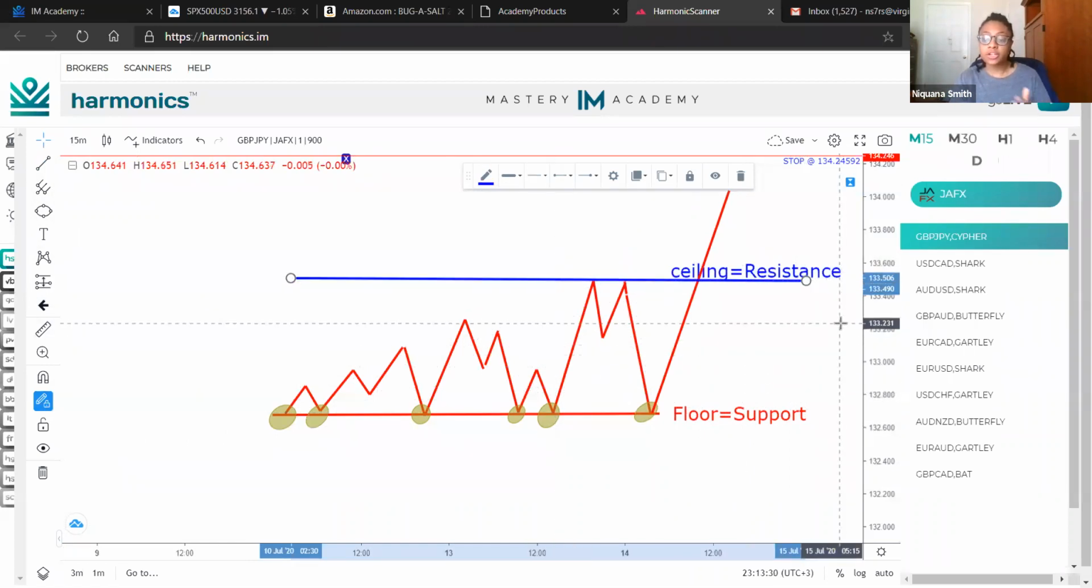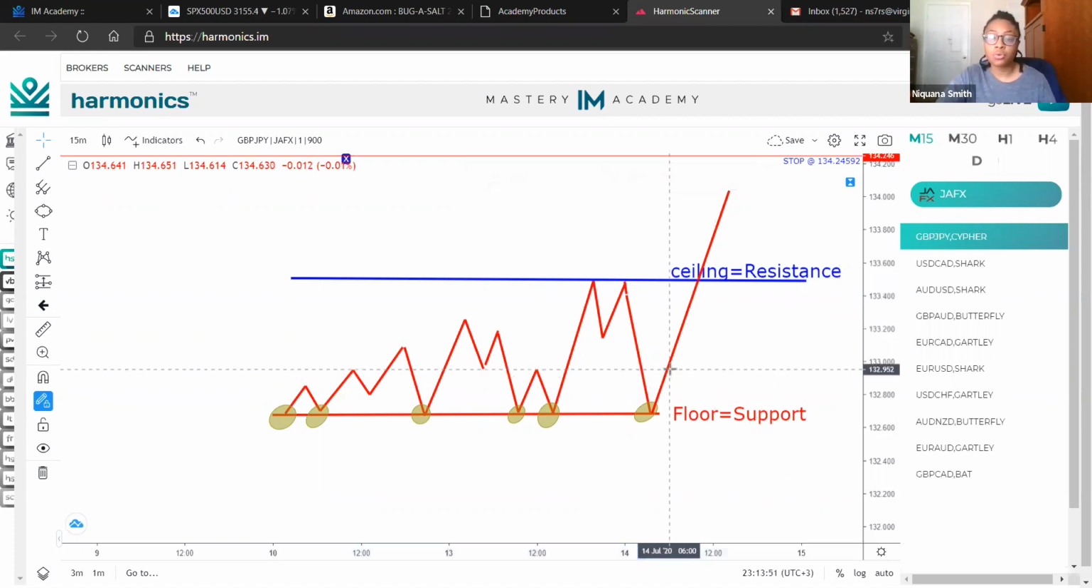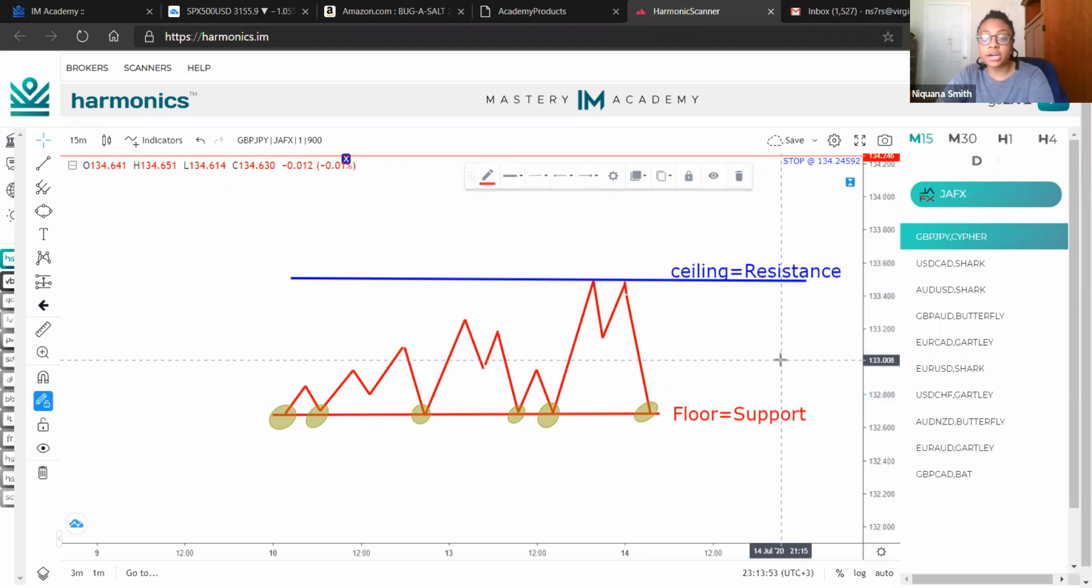Now, understand this: just because you have a strong support and a strong resistance, and by strong support and strong resistance, what I mean is price respecting off of that area 3 or more times, doesn't mean that's going to happen forever. Eventually, price will have to break through. So that means what could happen